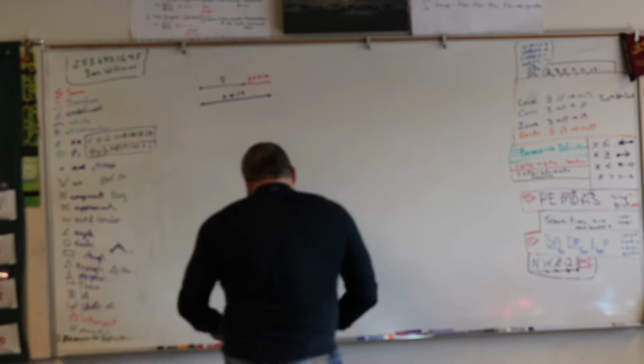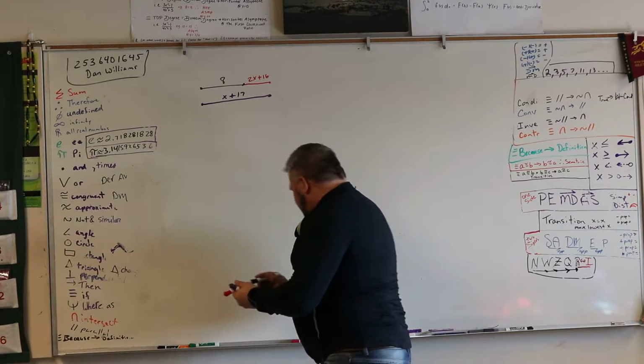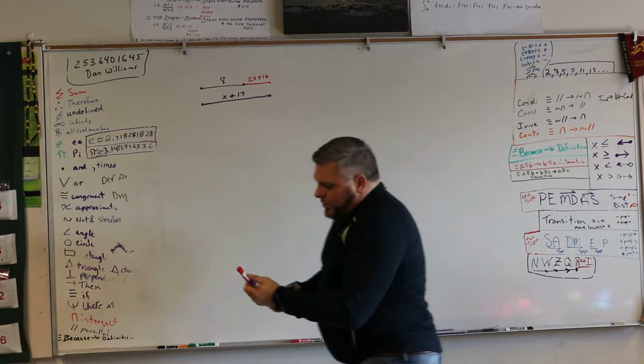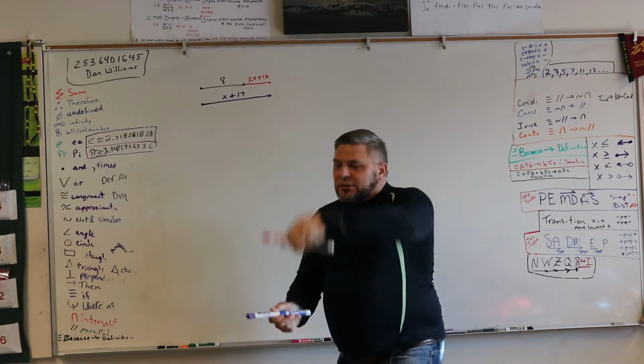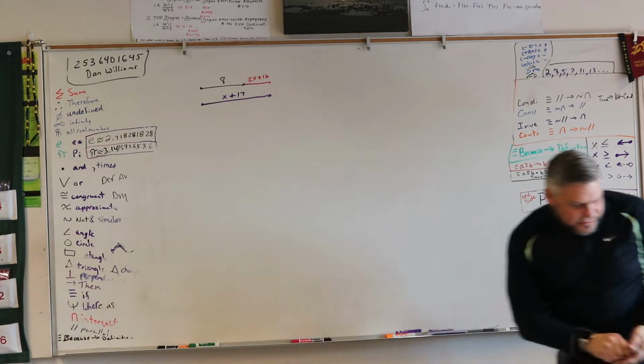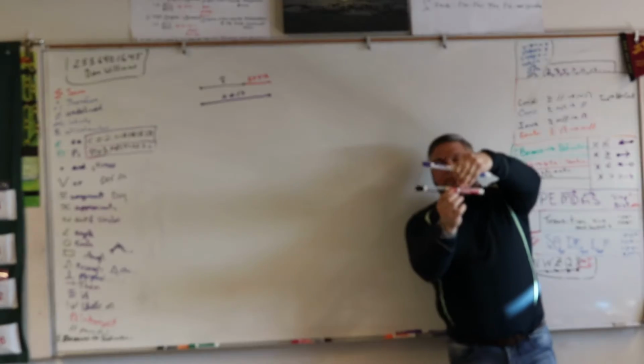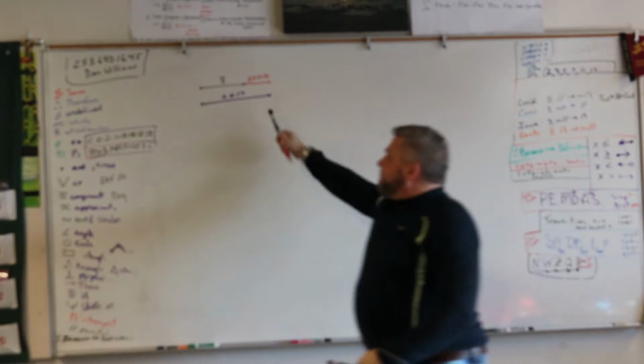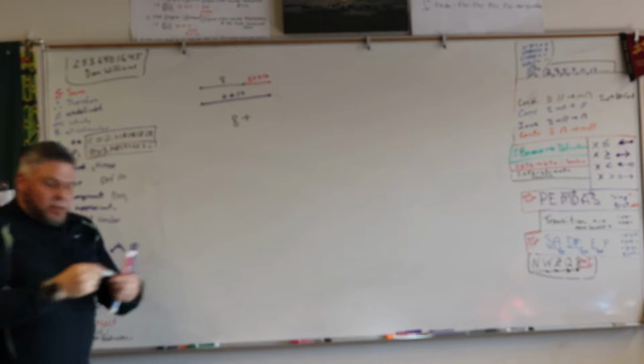All right, we got two segments, right? What I'm trying to say is the black and the red is equal to the two purples. The black and the red equals the two purples. I don't even have two purples. That's okay. So the black and the red is equal to the two purples. That's all we're saying. If I take the black, the 8, plus the red,